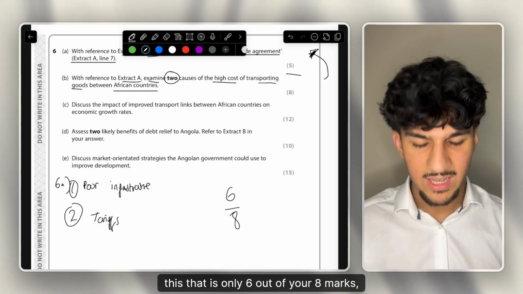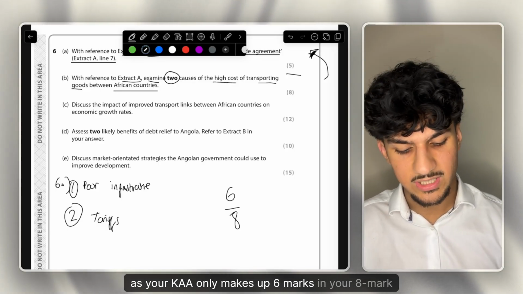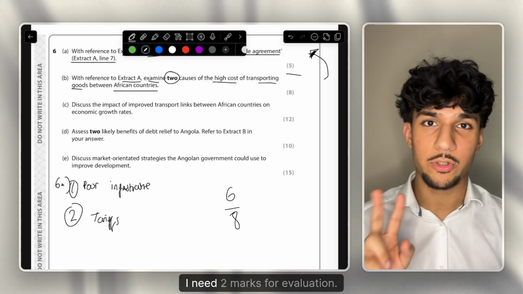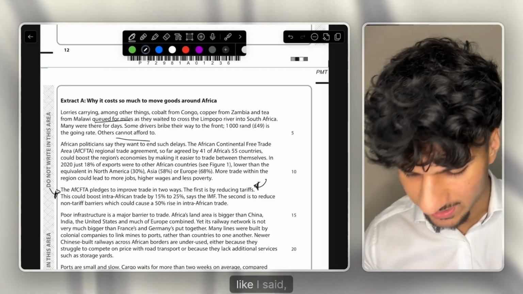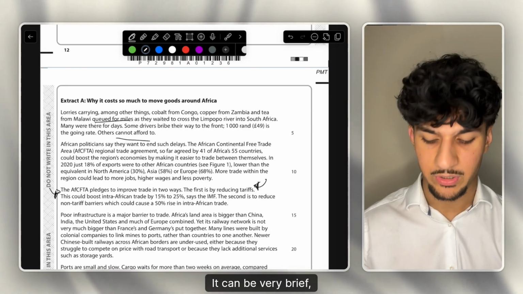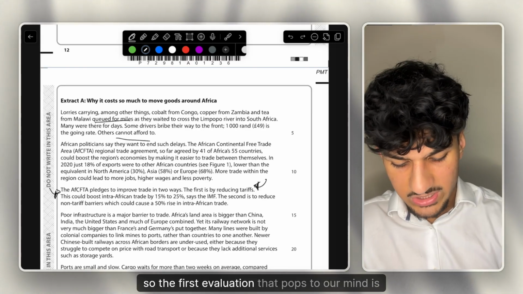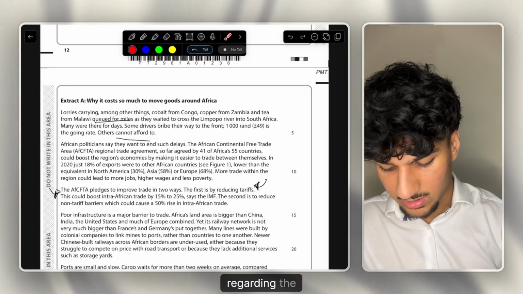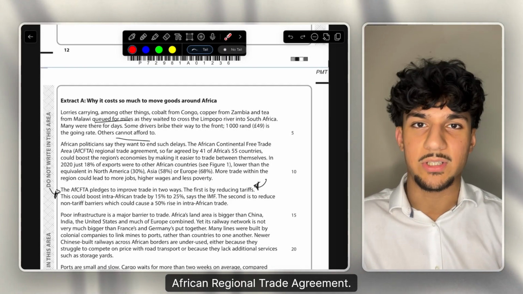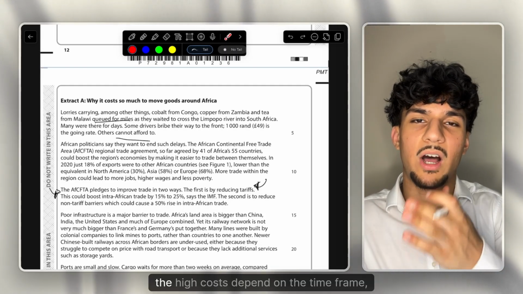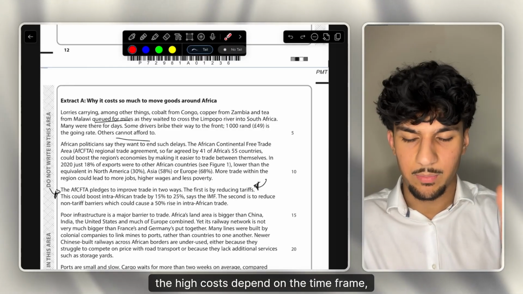But of course that is only 6 out of your 8 marks, as your KAA only makes 6 marks in your 8-mark question, and you get 2 marks for evaluation. And with evaluation, like I said, it's 2 marks. It can be very brief, very simple. So the first evaluation that pops to our mind is regarding the African regional trade agreements. So the way I would word it is saying, however, the high costs depend on the time frame, as in the long run,